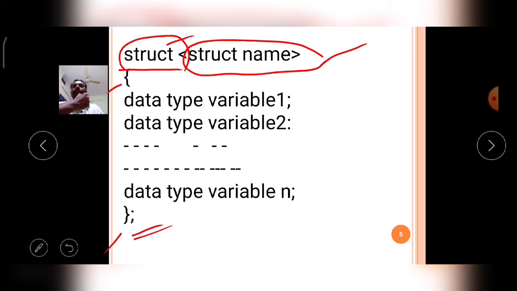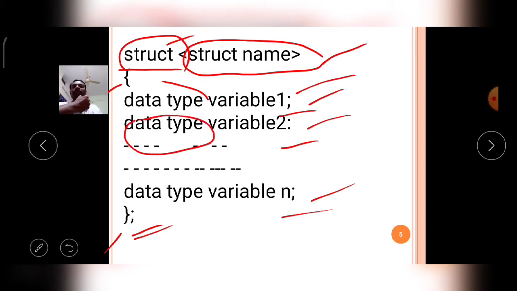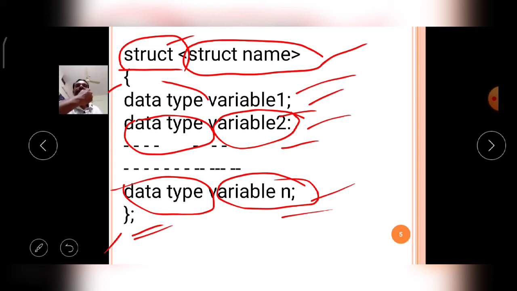Then in between you have to mention n number of variables, one by one, each variable terminated with a semicolon. So mention the data type, then variable 1, then the data type, then variable 2. Okay, then the data type and variable n. Like that, the structure syntax is available in the C language.